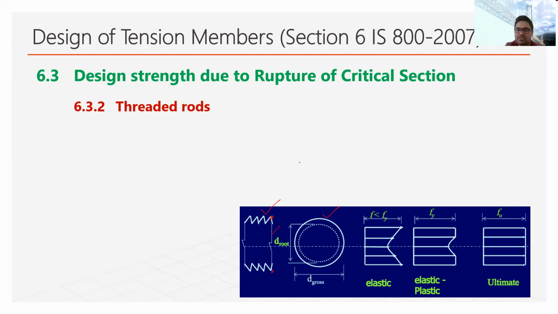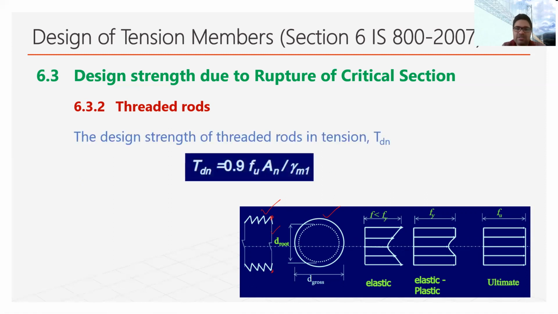So based on that, if we try to find out the tensile strength, it will be this one. In that case, An will be the net effective area of the threaded part. We generally use this An when calculating the tensile strength of rods which may have threads, or bolts also. The same formula is given in the bolted connections also, although some other parameters are added, but the formula is more or less the same.